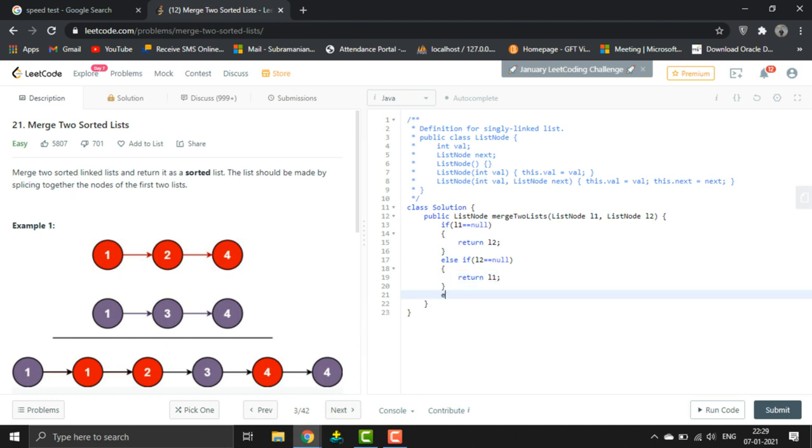Okay. Else, let's compare the data in here.